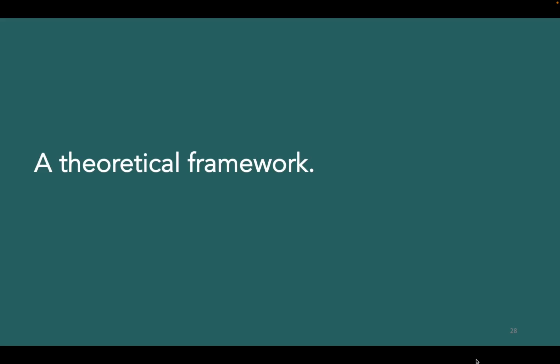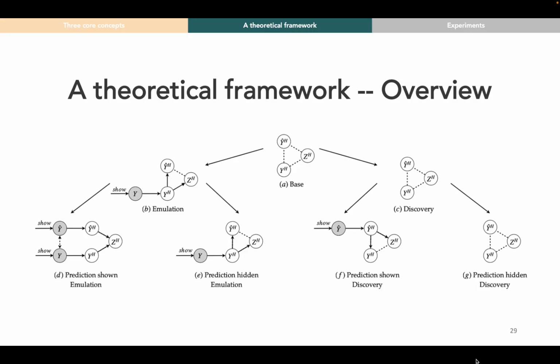From here, we proposed a formal framework of human understanding and machine explanations. We use causal diagrams to discuss under different conditions how explanation can or cannot help improve human understanding. This framework allows us to have a rigorous formal discussion of how explanations interact with human understanding. Please check our paper for more details on this framework.